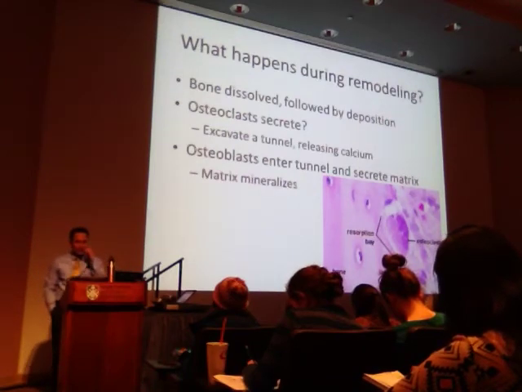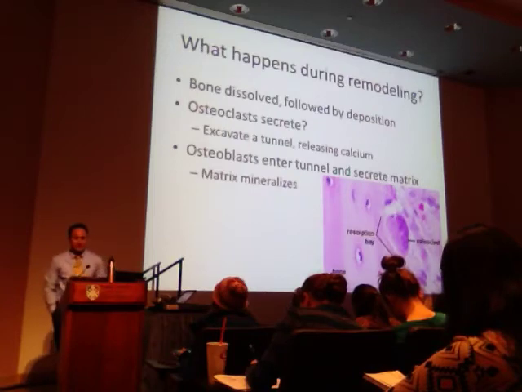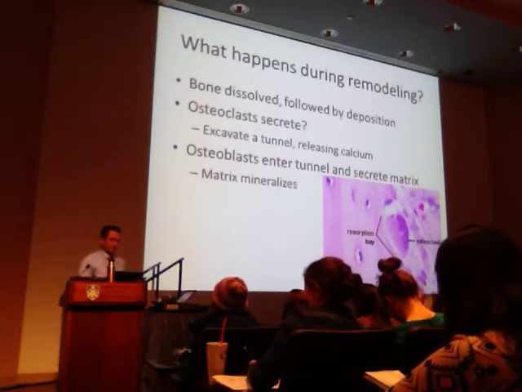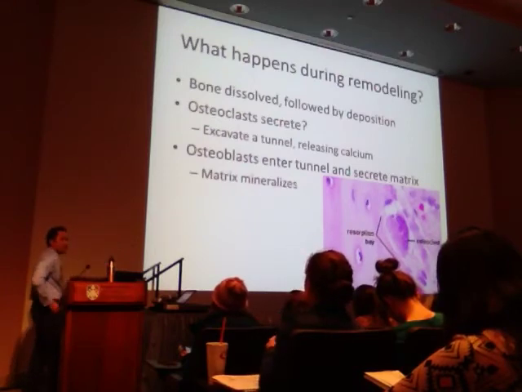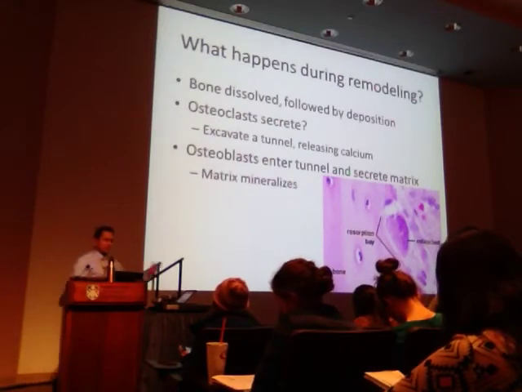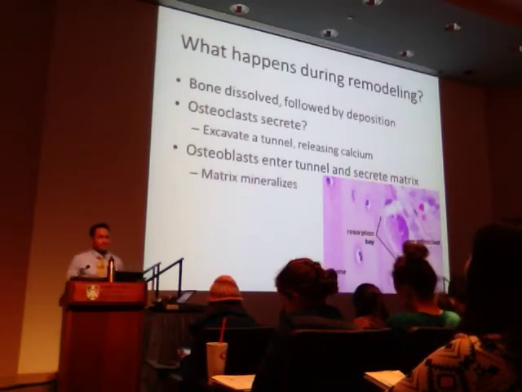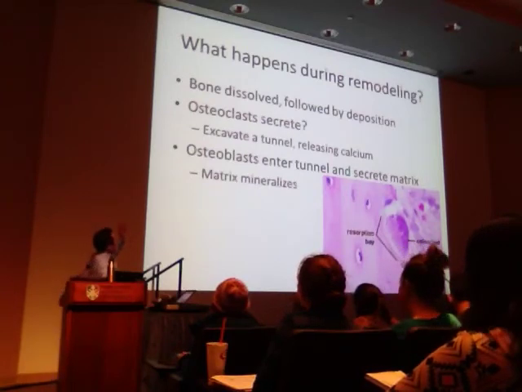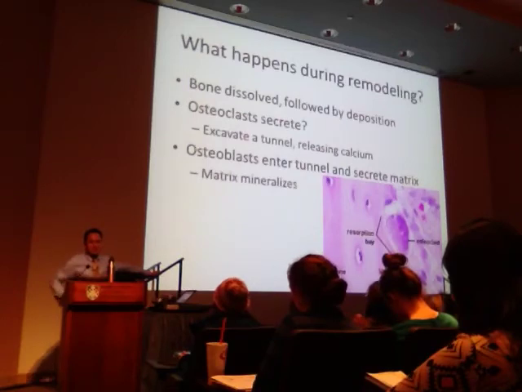And then the other one, hydrochloric acid, I didn't need a hint, and that digests what? The inorganic component, which is the minerals. Very good. Okay, so the osteoclasts secrete acid phosphatase and hydrochloric acid we talked about in the previous lecture. I'm just giving you some hints that you should probably look at that again before Monday, for example. And they excavate a tunnel, and that releases calcium as the osteoclasts digest away the bone.